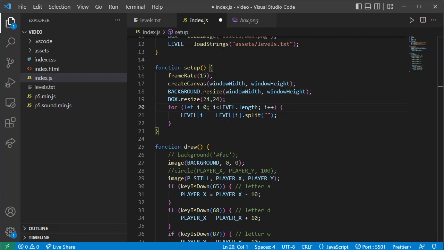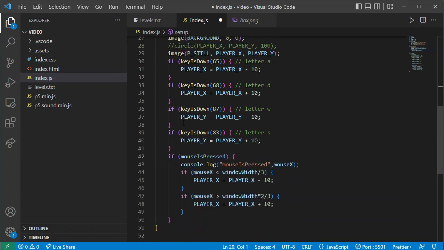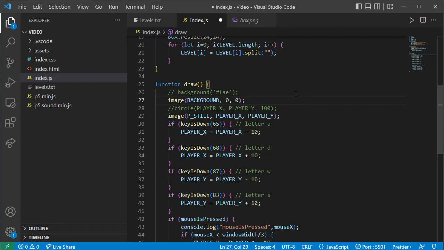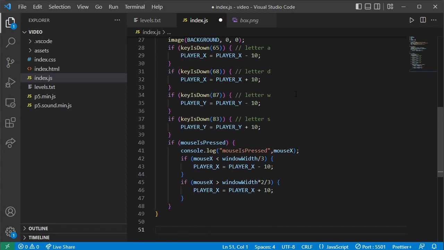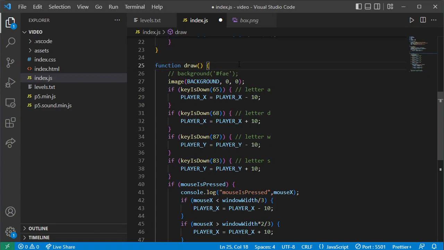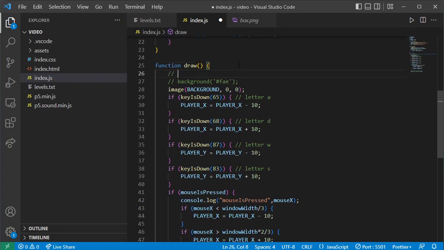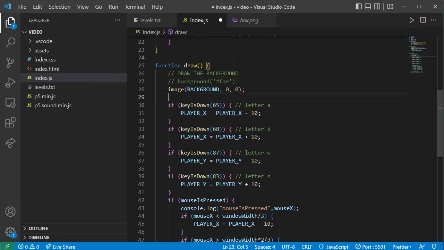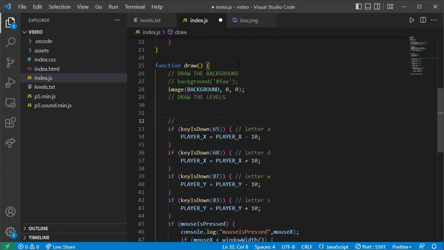So I'm just searching through my instructions. Okay. So what we want to do is I'm also going to move this drawing of the player code down, because I'm going to organize this draw function into a logical sequence of things that I want to do. We want to draw the background. Then we're going to draw the levels. And then we're going to